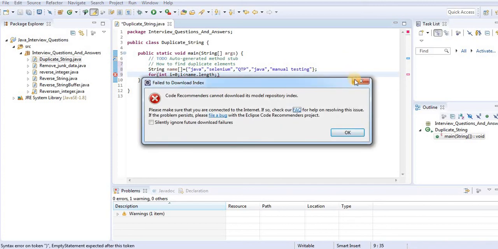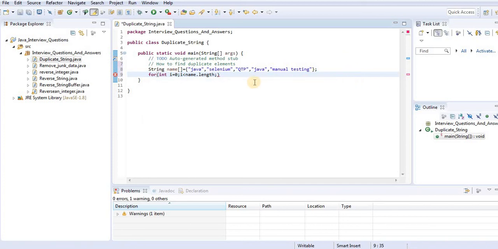Then we continue with the increment: i equals 0, i less than name.length, i plus plus.